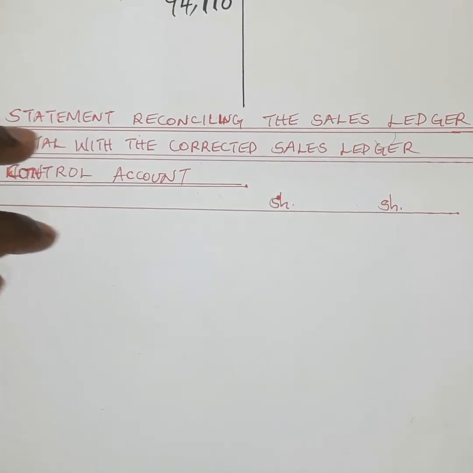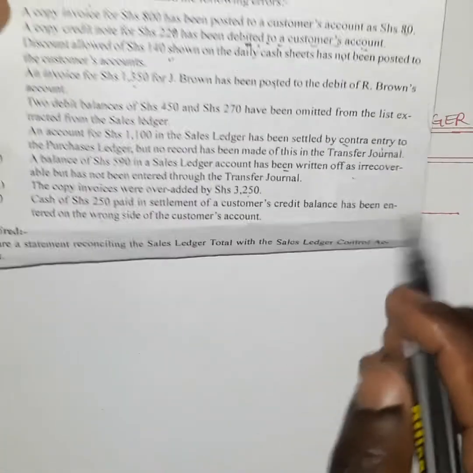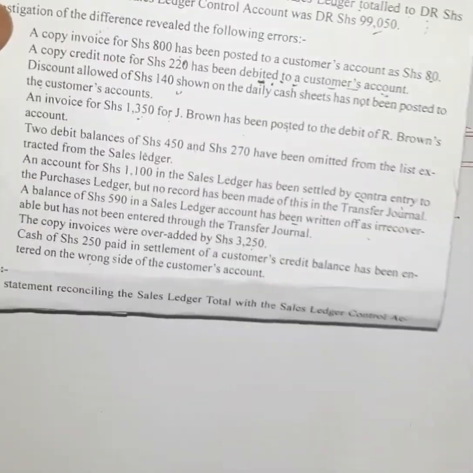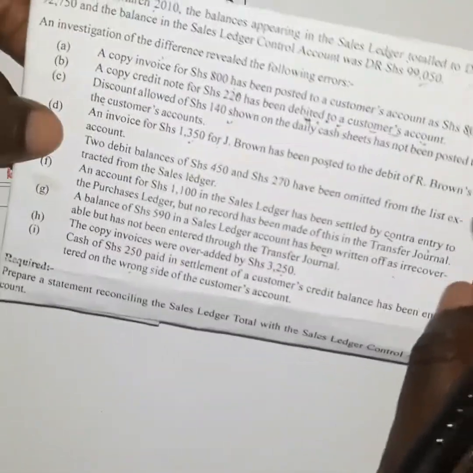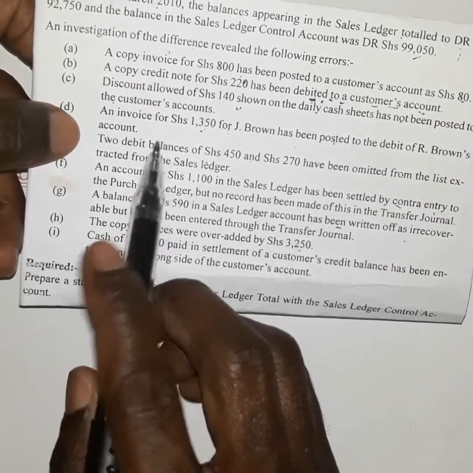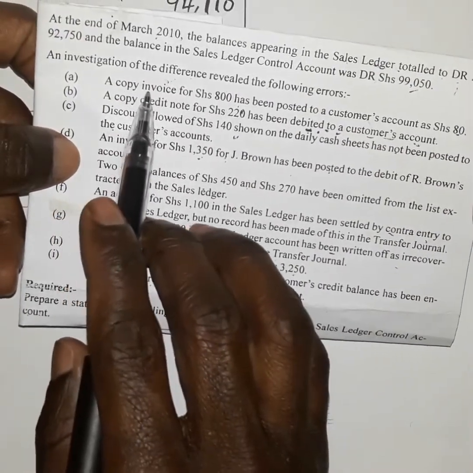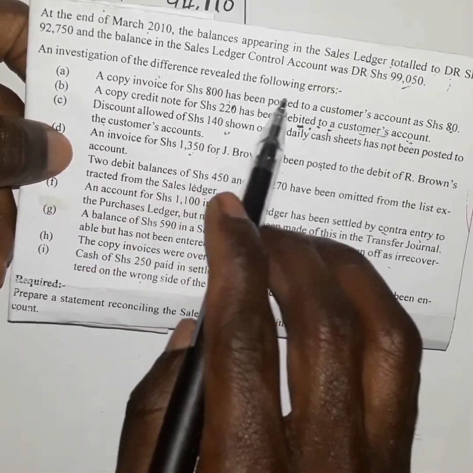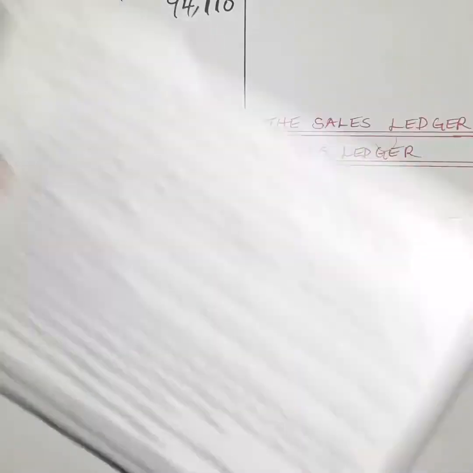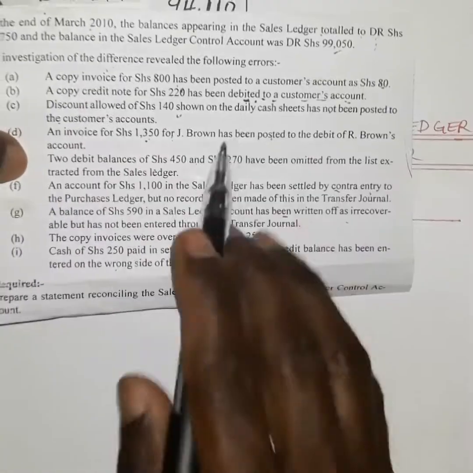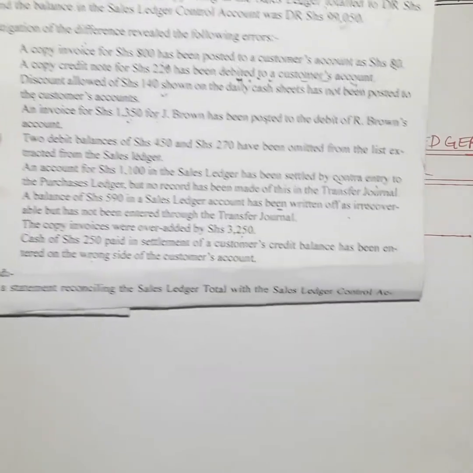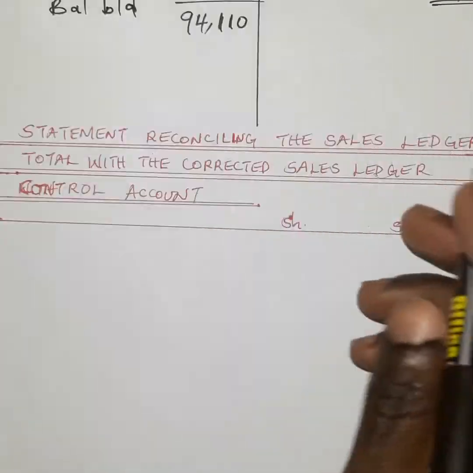Like the first one, we have A. We are supposed to have a copy invoice for 800 that has been posted to the customer's account as 80. Like I said before, the difference is 720, which you're supposed to debit to make it an increase. Now,